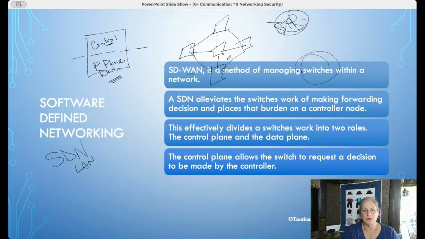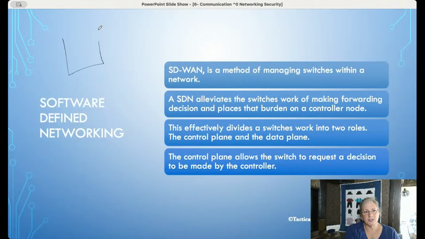So if we have a network of switches, it's very easy without spanning tree protocol for a frame to end up going in a loop and getting trapped, which is not what we want. So what we want to do is take that switch, divide it in half, and the data plane or forwarding plane, leave that in the switch. It's good at it. That's what it's designed for, what it's optimized for, what it's great at. I consider it kind of chop off the brain, have it not making any decisions.